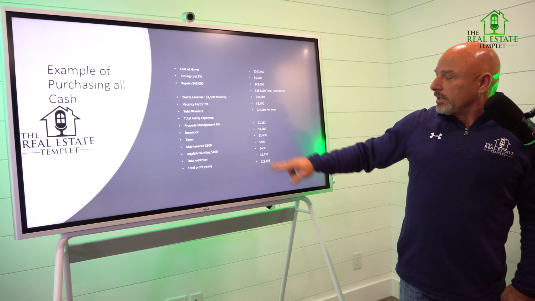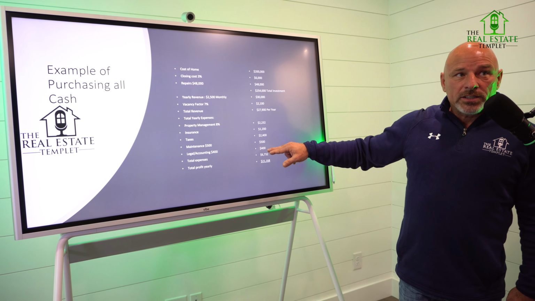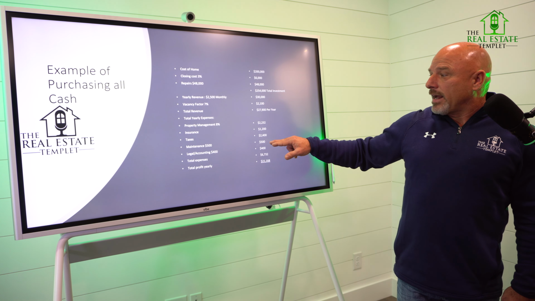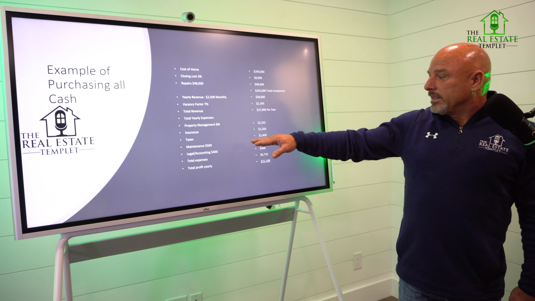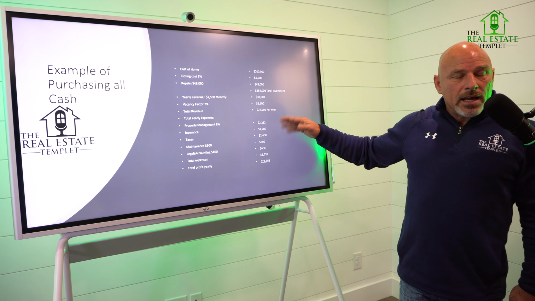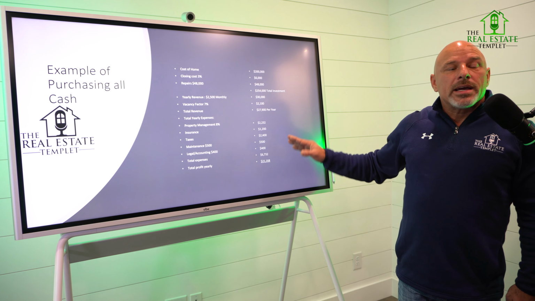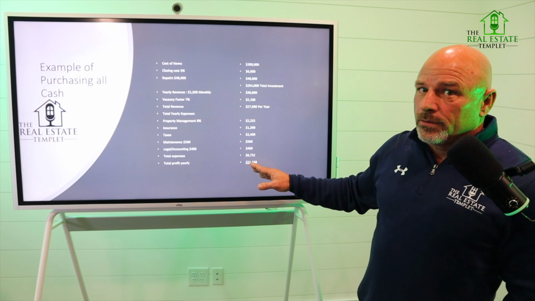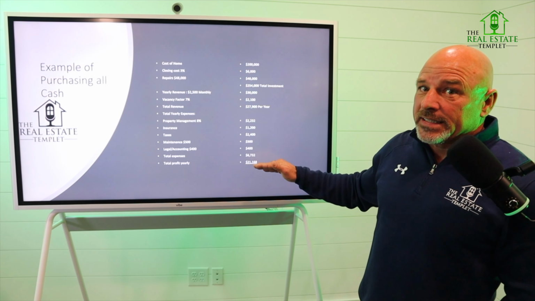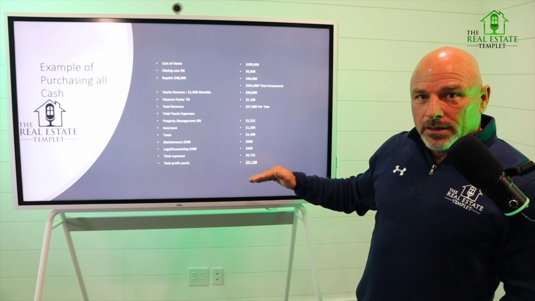That is a possibility. If your accounting fees and your legal fees are not as high, you can make a little bit of extra money there. If you can find a way to keep your maintenance costs down, you can make a little bit extra there. It's not a lot, but it's a little bit. So you can make more than that right there, but we want to make it where you can't make less. Worst case scenario, as we talked about it, that is your best case scenario so that you understand,